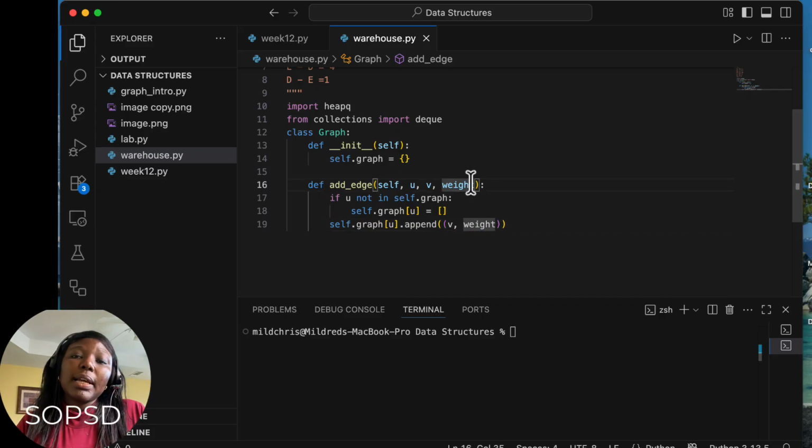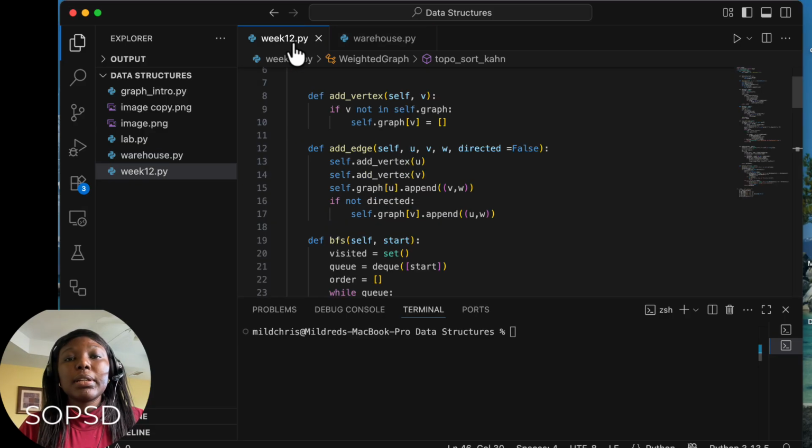So you can actually add a directed parameter here and set it to false, and now check if directed there, and then you will add a condition if directed, and then you add a condition if not directed. So by default everything will be false, so we don't have a directed here. It means that it's not a directed graph, and maybe it's an undirected, and so like we did previously where you say if not